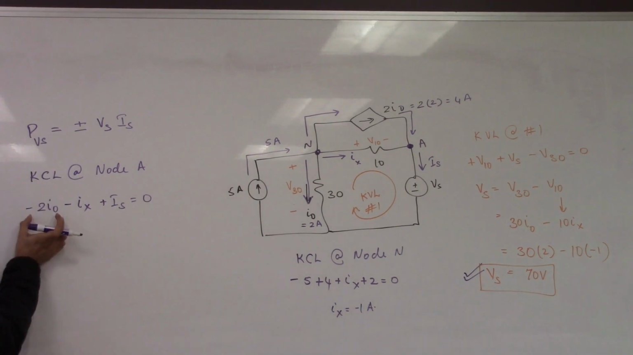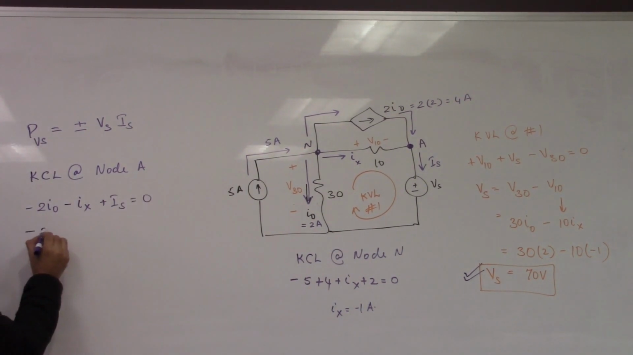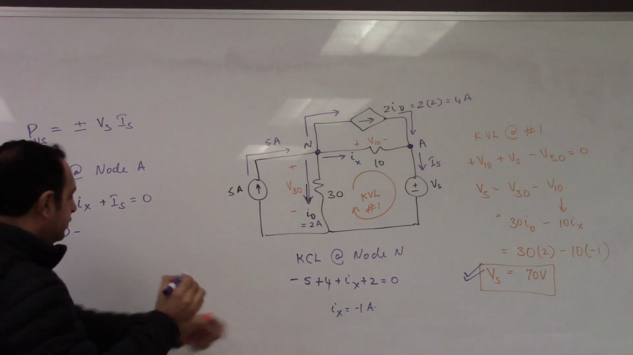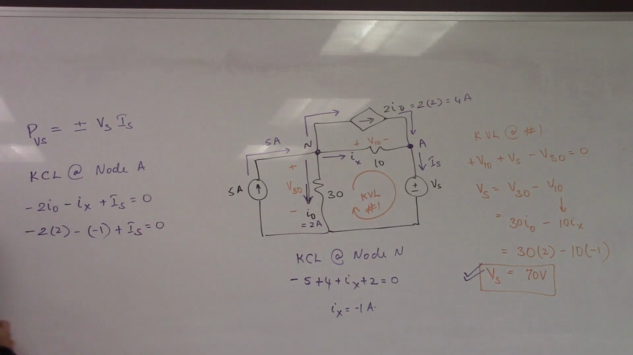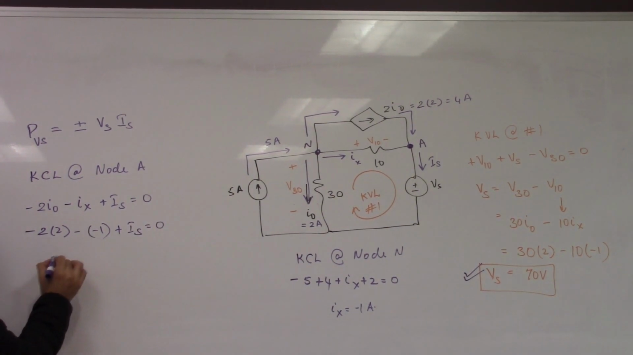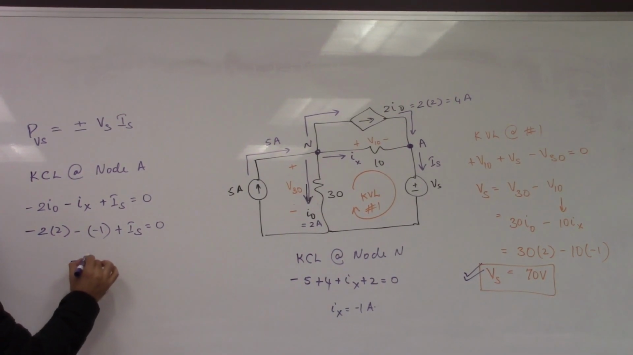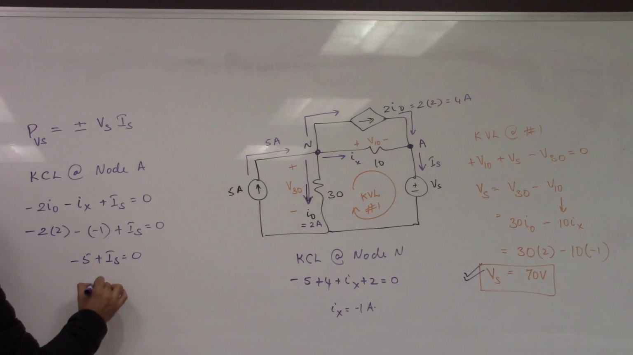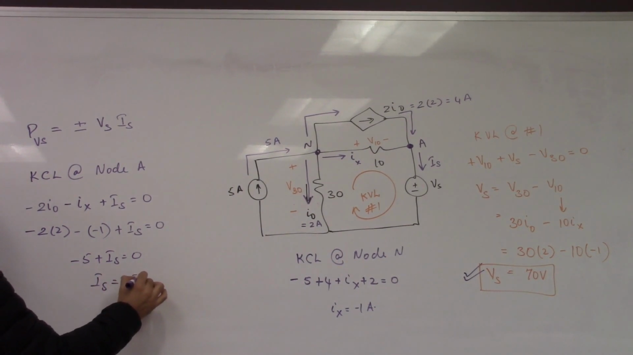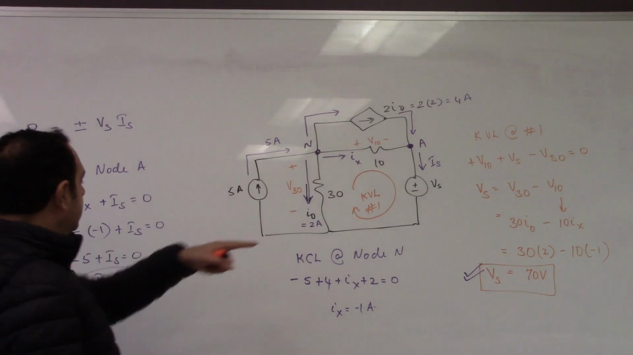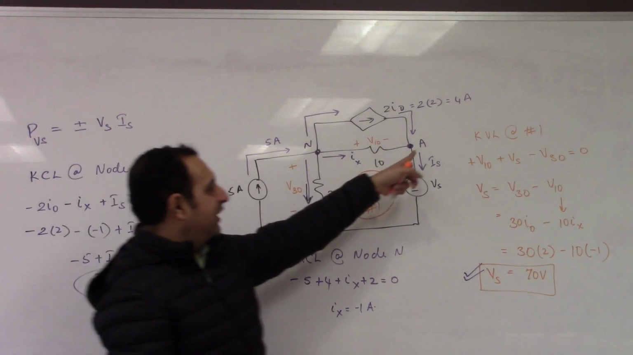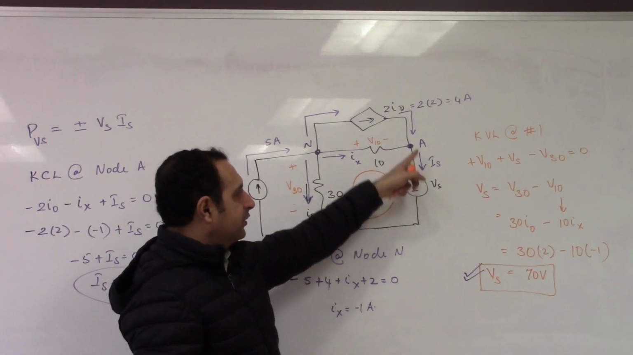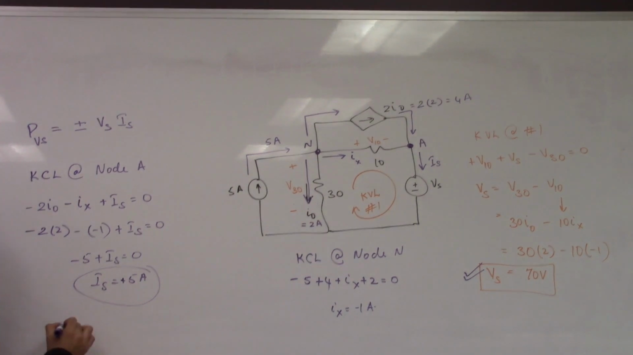Okay. So negative 2 times I naught, right? So this will be minus 2 times 2 minus Ix, write it as negative 1, plus Is is equals to 0. So from here you'll get negative 4 and minus 1, so negative 5. So what you'll do is substitute these values here. Since we got a positive value here, that means current is actually entering the positive. Current entering the positive means positive power. So PVS will be equal to plus